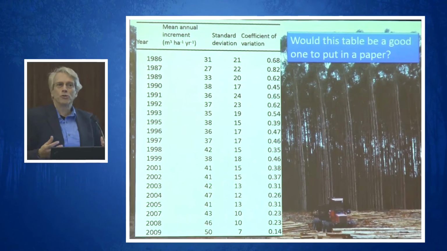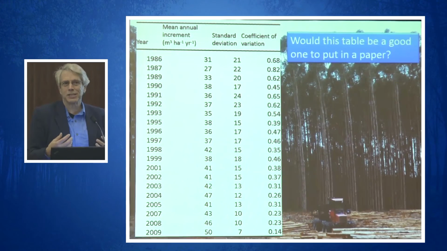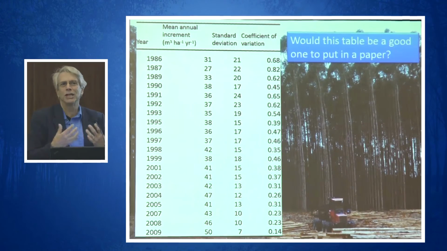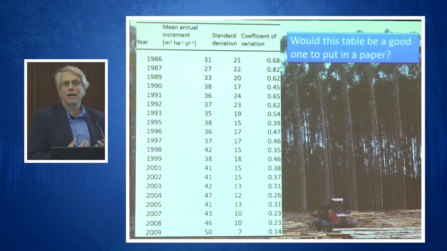So now I want to go through a little bit of the process of deciding, how do we tell a story? Well, we might have a table like this that tells the story of how the productivity of eucalyptus plantations in Brazil changed over time. We have 1986 through 2009. We have a mean annual increment, and then we have a couple different measures of variability. If I put this in a research paper,